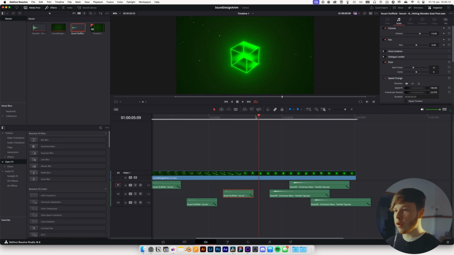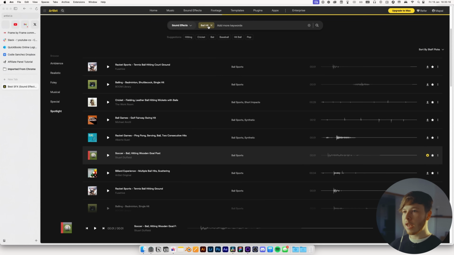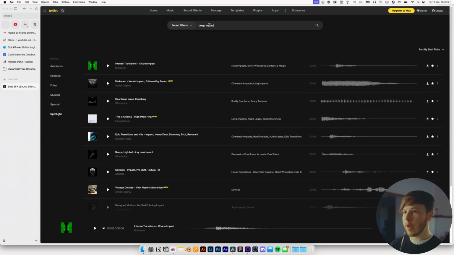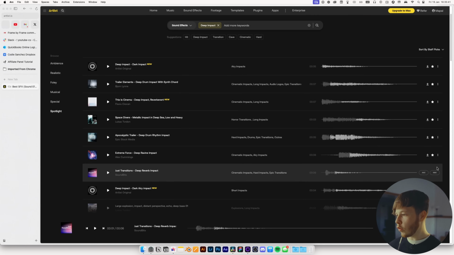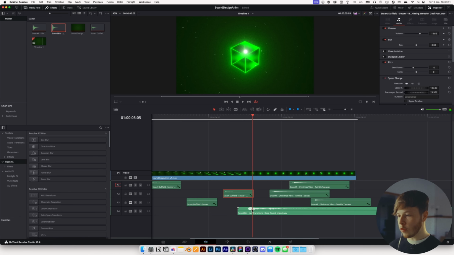And we of course want one for this one as well, but this one I want to make it a little bit more impactful since we have a new element in there. So for this case, I'm just going to search for a deep impact. I think this one might be pretty good, so we will download that. Right here is where I want the sound to kind of hit, I think. Decrease the volume a little bit, and you can even layer it. As I said, layering is usually pretty good by alt clicking and adding that sound right as, let's add that